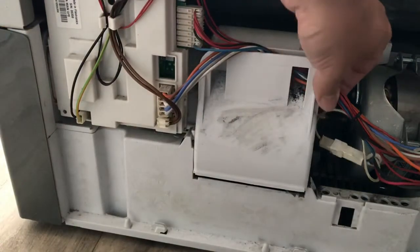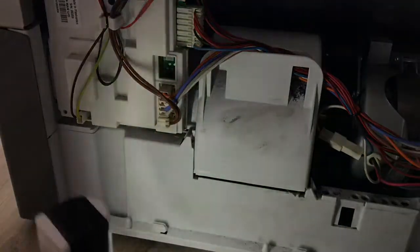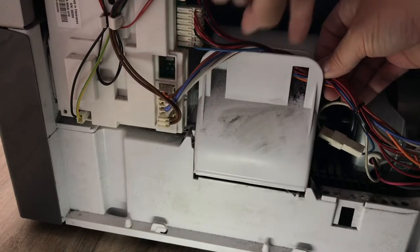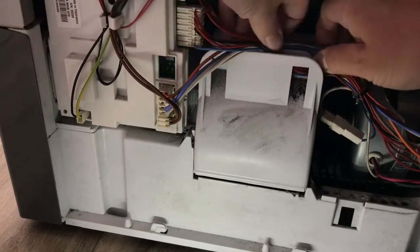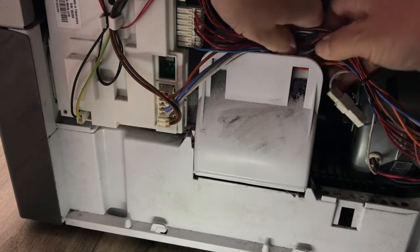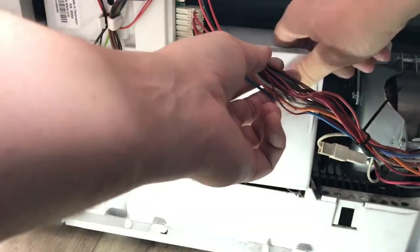Now what you will have to do is you'll obviously have to take this piece of cabling out of here. Let me see if I can keep some light on this. It's not particularly great, but okay. So what you'll do is if you look over the top of this, look down on it, you'll see there's a plastic thing that's holding the wires in place. So you just need to work them free, taking care not to pull on them too hard, otherwise you might pull something out of a connector. Okay, so then that will come free, and then this